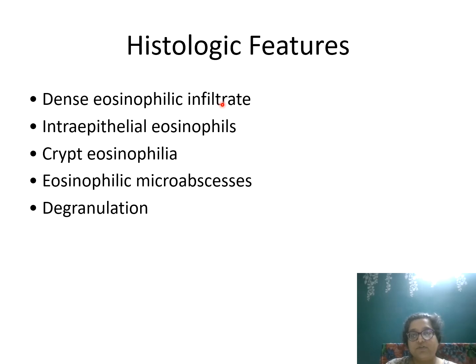Histological features: dense eosinophilic infiltrate. See, eosinophils in the lamina propria below the cutoff are normal. If eosinophils occur in the lining epithelium, if they go to the submucosa, muscularis layers or to the serosa, if there are more than 6 eosinophil aggregates in the lamina propria forming a microabscess, if there is eosinophilic cryptitis, that is, you will see eosinophils in the crypt epithelial lining, and there are degranulated eosinophils, then these are warning signs. Simple eosinophils lying singly scattered in the lamina propria are not a problem if they are below the cutoff.